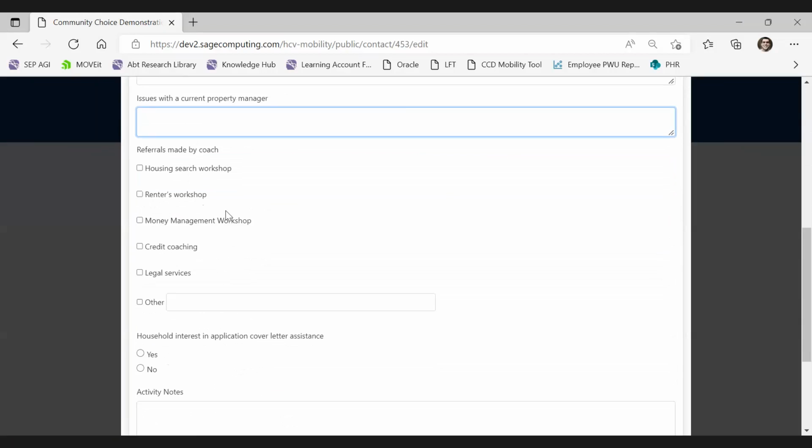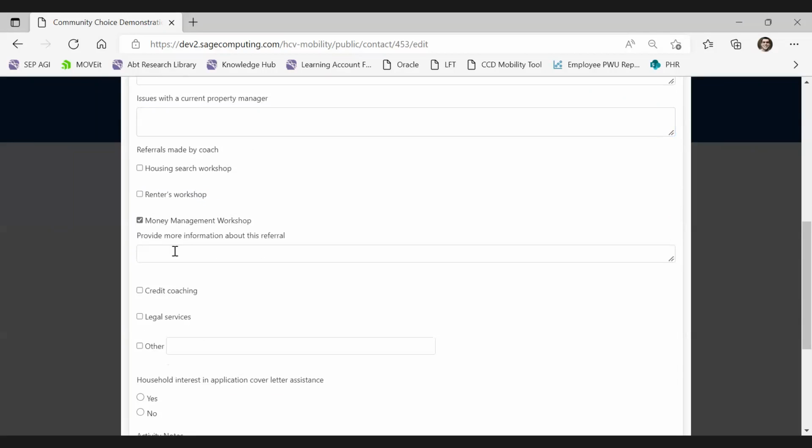So let's say you wanted to refer the family to a money management workshop. You can select money management workshop and write notes about budgeting and saving skills for the family or anything else of note.